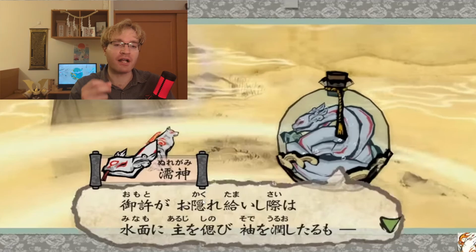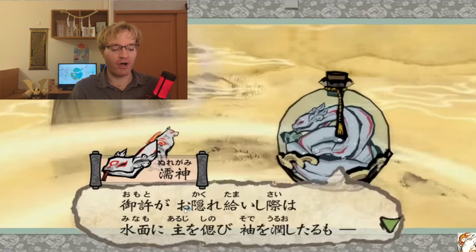So when Amaterasu does something, you stick an o in front of it, and then you conjugate it however you're going to conjugate it, and that makes it honorific. But again, that is not a classical Japanese thing. That is a modern Japanese thing, and I don't know why they're using it here. I'm not going to criticize, because I'm assuming the people who wrote this probably know more about classical Japanese than I do. I'm just saying, I have never encountered this grammar pattern in any of the classical Japanese literary works that I have read.